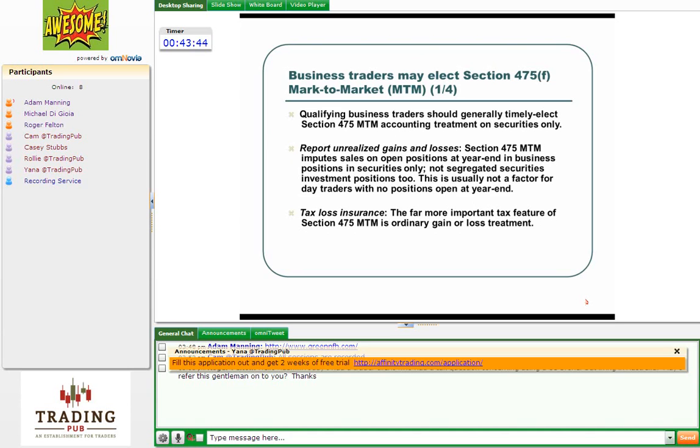This is something we recommend for people who trade securities. You can make a mark-to-market election. You do this by April 15th of the year you want it. So if you wanted it for 14, if you didn't do it by April 15th with your extension or return, you kind of missed the boat on that. So you'll have to wait to next year, or you could possibly open an entity and elect mark-to-market in it